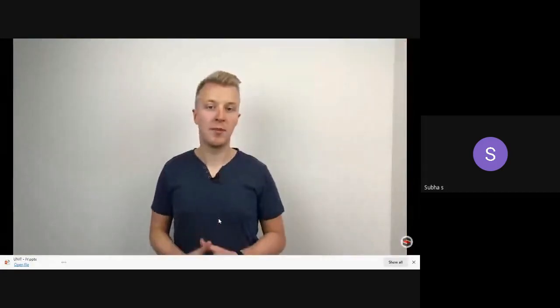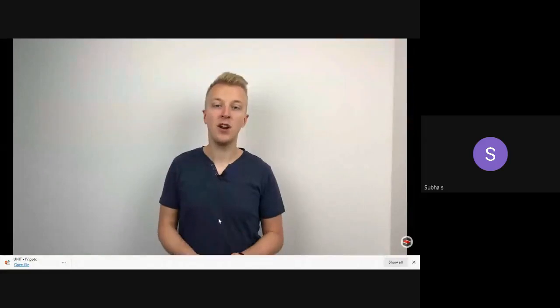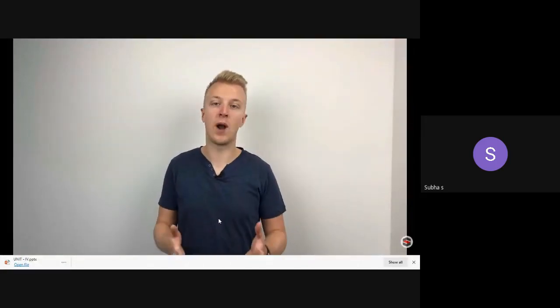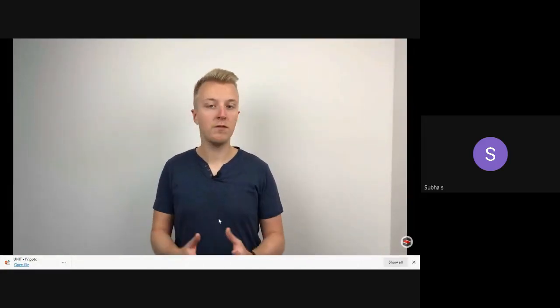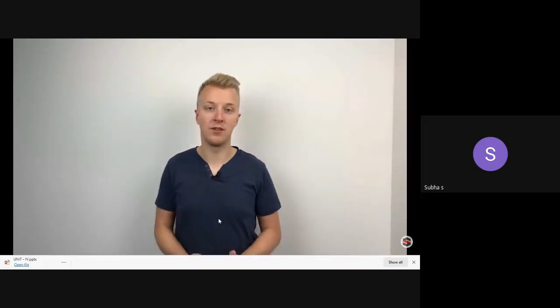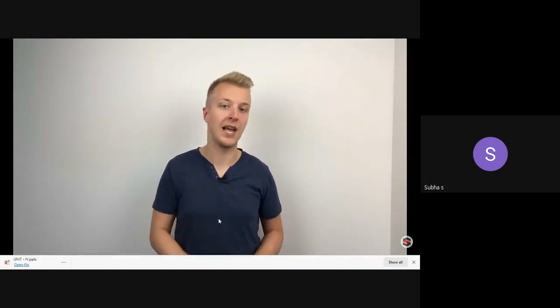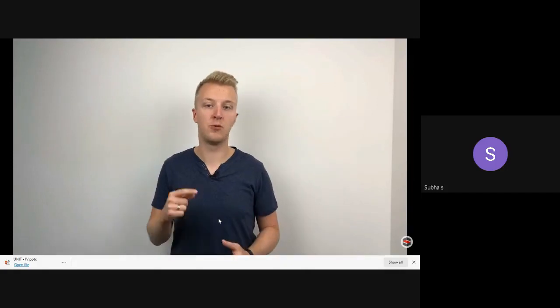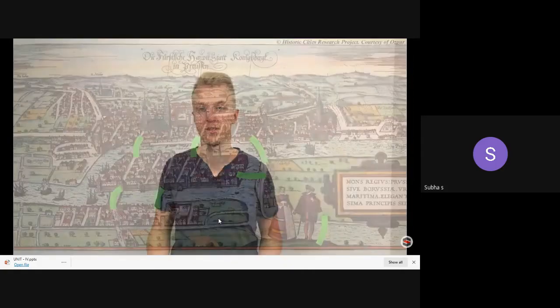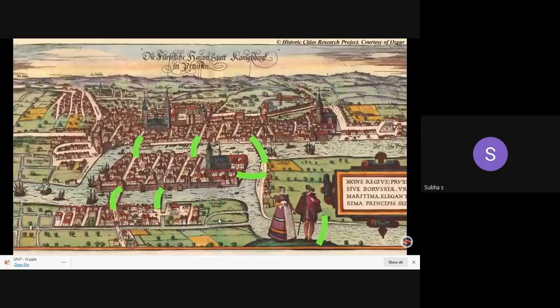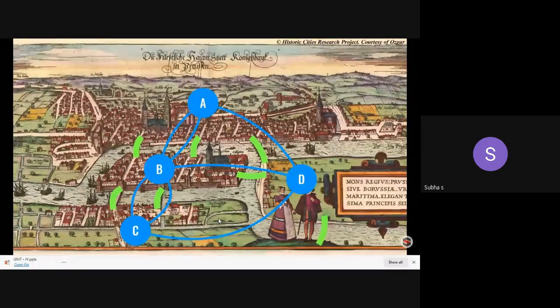Euler wanted to solve the problem by using mathematics, and he started by reformulating the problem in more abstract terms. He stripped away all of the information that isn't necessary, like for instance the path you take on land. Only the sequence of bridges you cross is important. So you could translate the city into this graph where each node represents a landmass and the edges represent the bridges between them.